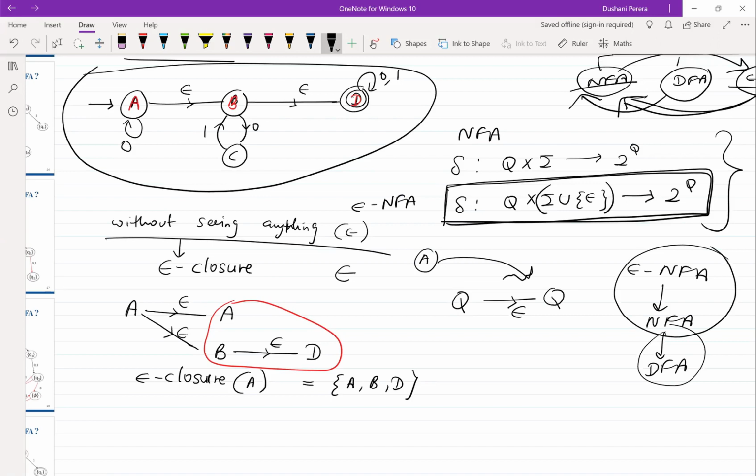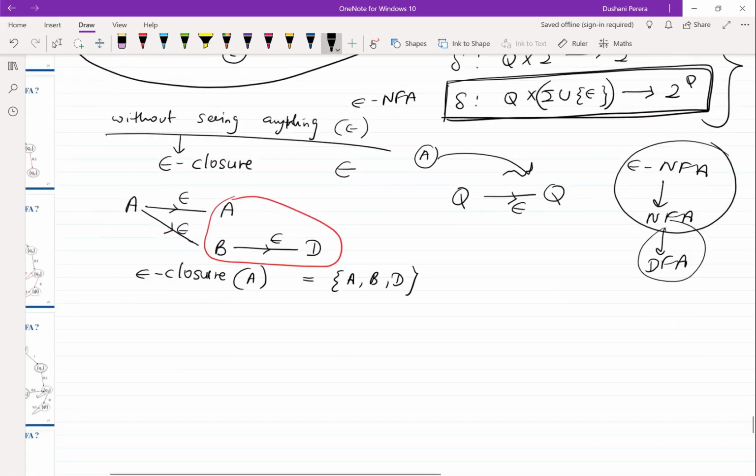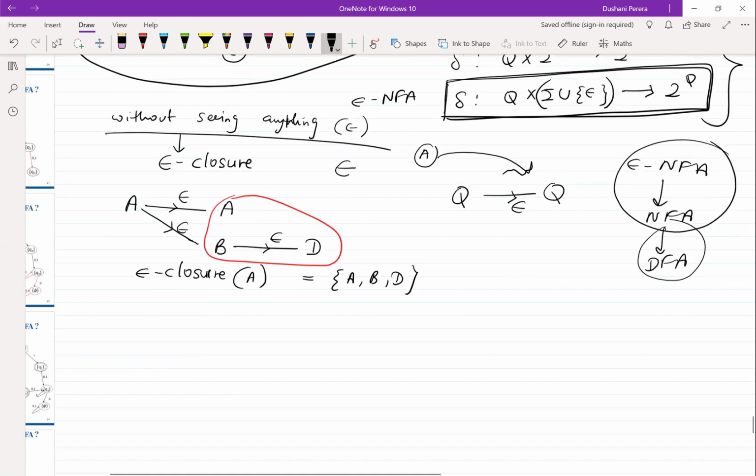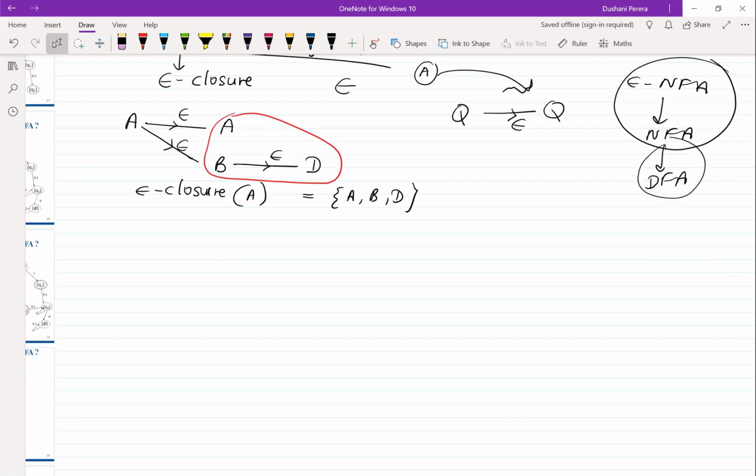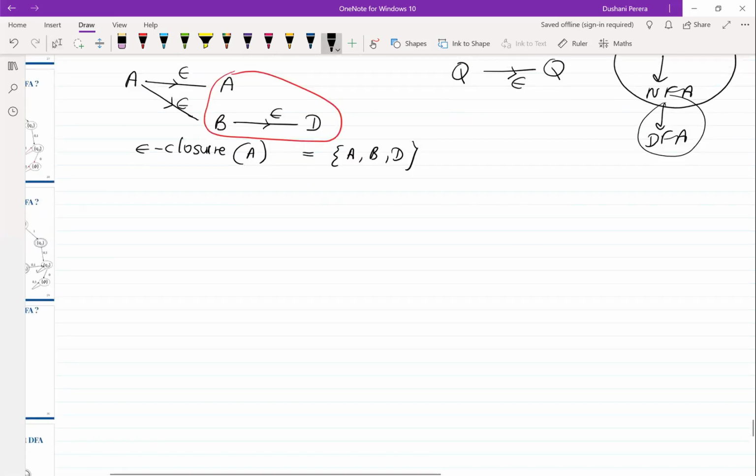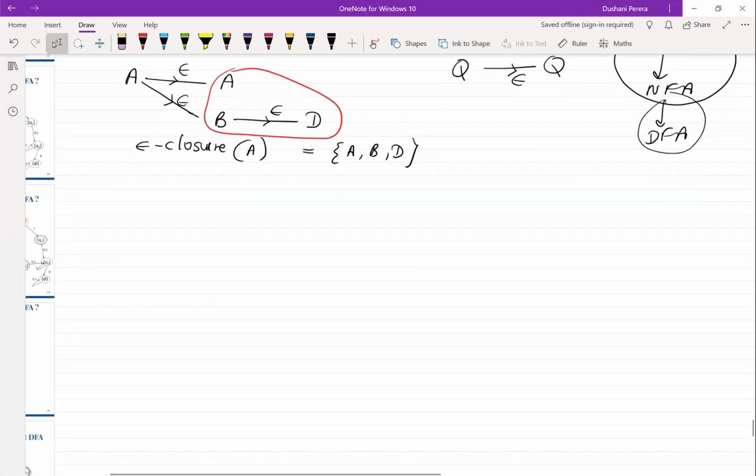Okay, before we directly see how we can convert that into an NFA, we'll first see what the epsilon closures of the states are. Let's first see where we can go upon seeing null. That is how I'm going to do it. I'm going to use an easy method to do this.